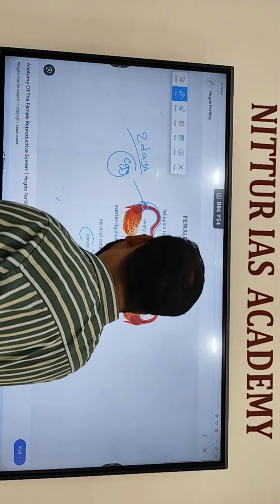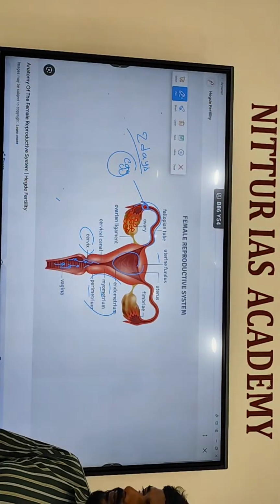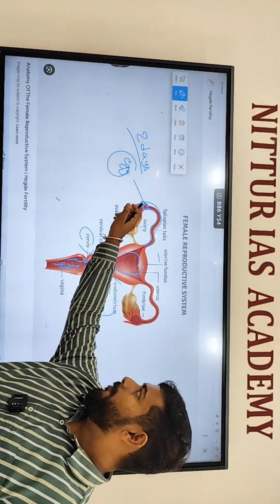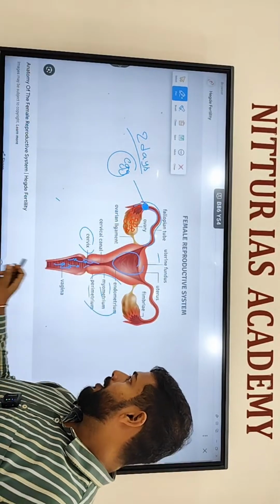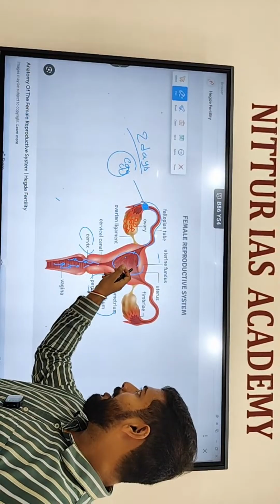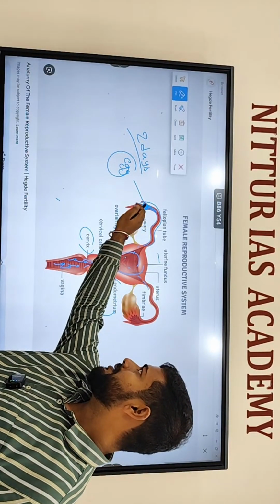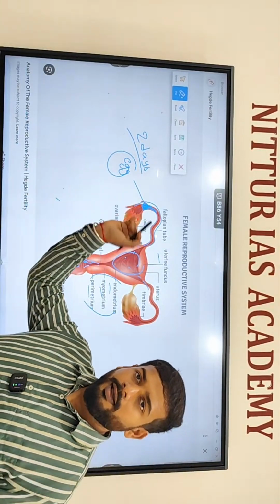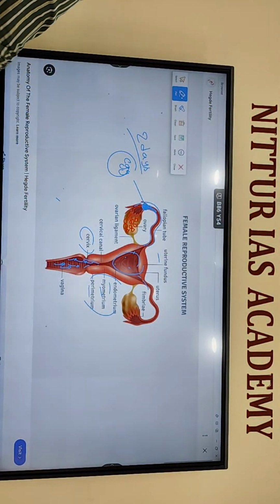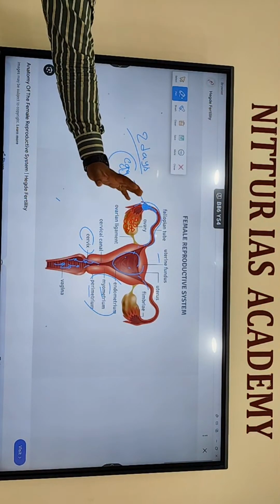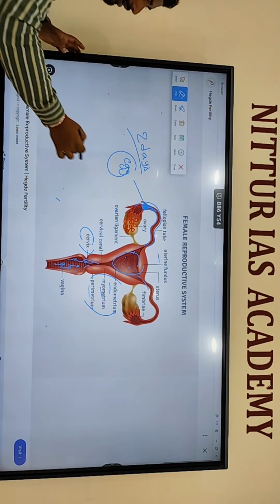This is the uterus, garbhakosha. This is what happens in the fallopian tube. In the fallopian tube, the egg is waiting for the sperm cell to come. The sperm cell enters, travels to both sides, and one lucky sperm comes and attaches to the egg. Here, fertilization happens, in the fallopian tube, not in the uterus, not in the vaginal passage.